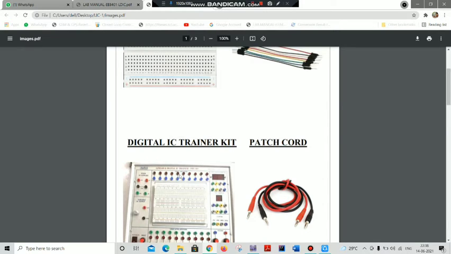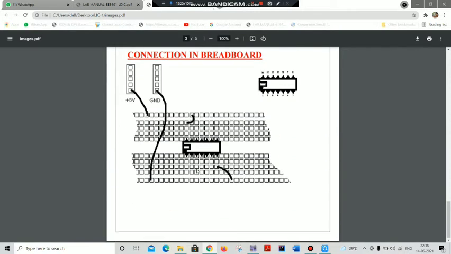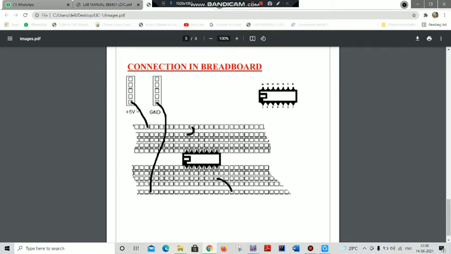After that you give the 5 volt supply to your components from the supply port of the trainer kit, and also ground all the components.